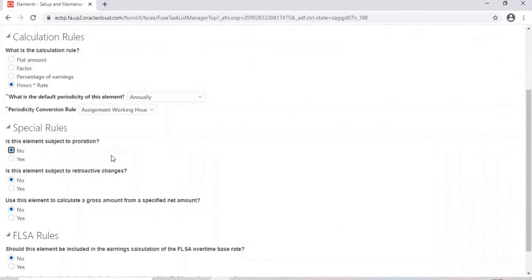So I get 20,000. Not 10,000. Not only 15th March. If you update that element on 30th March from 10,000 to 20,000, remember, if you update that element on 30th March from 10,000 to 20,000 without this proration, still my proration is no. Even then, if you process employee salary, he is going to get 20,000 because system looks at as of 31st March, what is the element value.